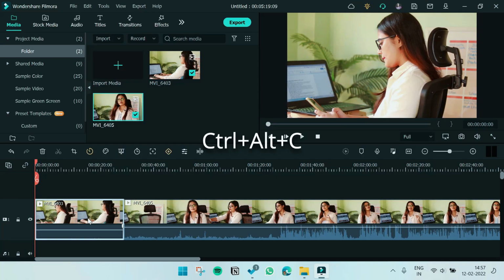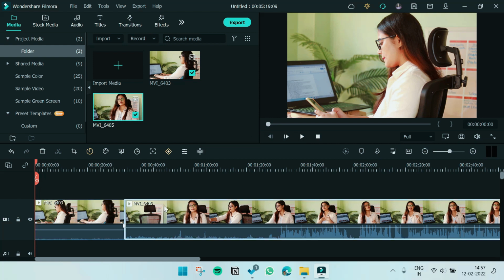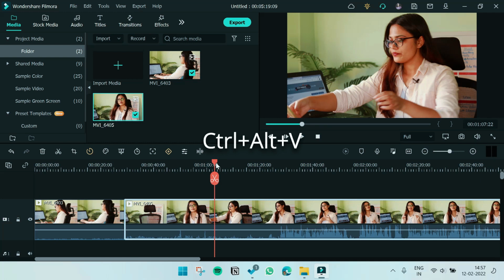Now I'll use Ctrl plus Alt plus C. And to paste the effect, I'll just use Ctrl plus Alt plus V. Second, I'd go and remove all the